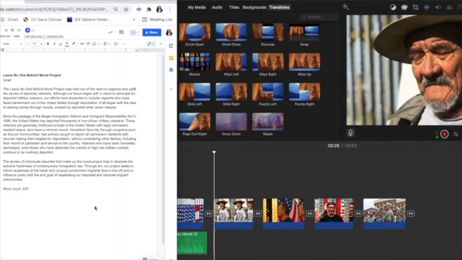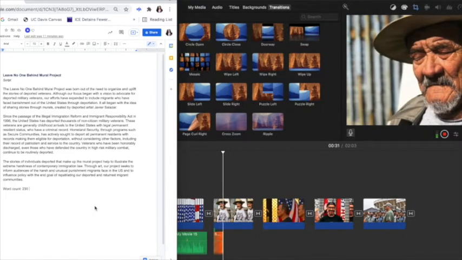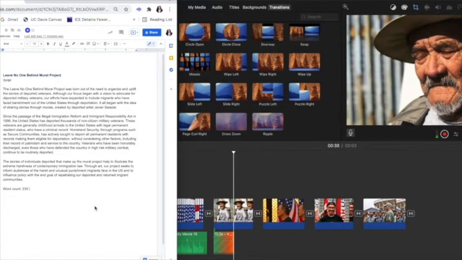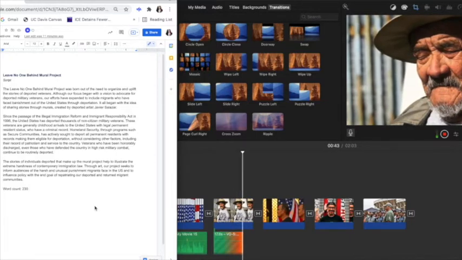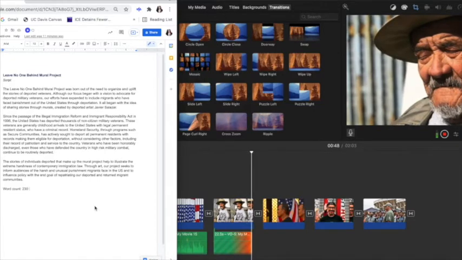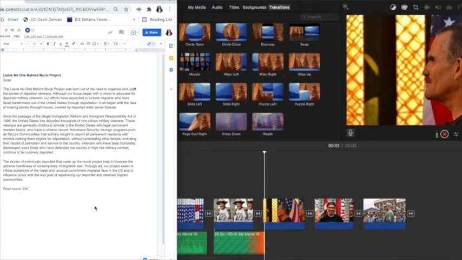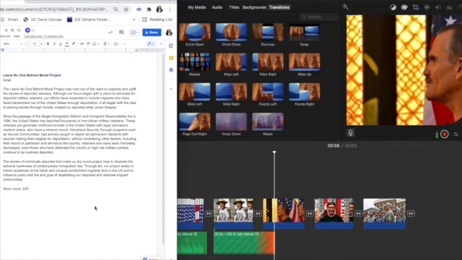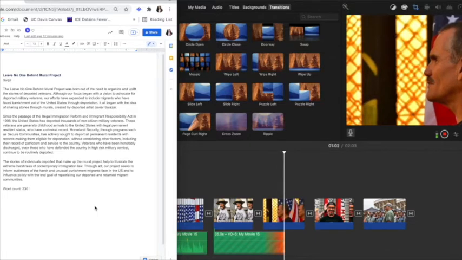Since the passage of the Illegal Immigration Reform and Immigrant Responsibility Act in 1996, the United States has supported thousands of non-citizen migrant veterans. These veterans are generally childhood arrivals to the United States with legal permanent resident status who have a criminal record. Homeland Security, through programs such as Secure Communities, has actively sought to deport all permanent residents with records making them eligible for deportation, without considering other factors, including their record of patriotism and service to their country. Veterans who have been honorably discharged, even those who have defended the country in high-risk military combat, continue to